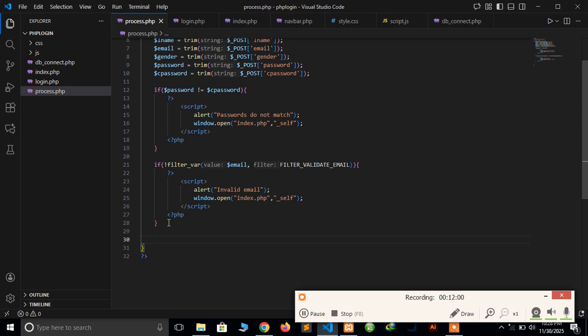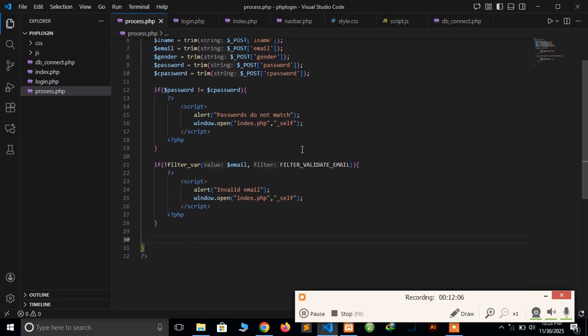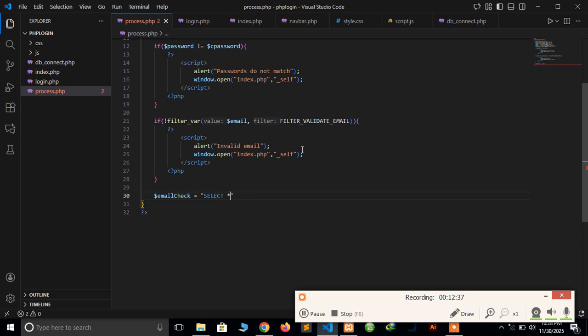So for that one, we have already linked the connection to our database, so we can do that one. Okay, so let's do that. Let's create a variable and call it email check. You can call these variables any name that you want. Okay, and let's put some SQL code here. Okay, so select, we're going to select star from users